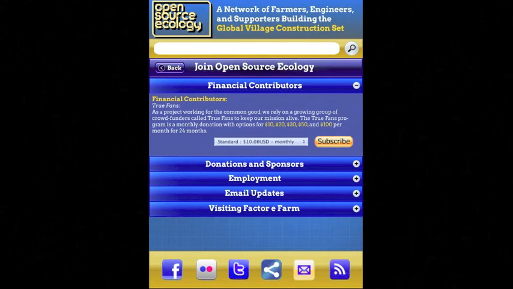A good example is in the first drop-down. This is for the financial contributors. They are able to contribute to the site and subscribe within this drop-down. I have put this concept within the other drop-downs as well on this page, and this enables a user-friendly interface and an easy way to navigate through the different options to help OSE.